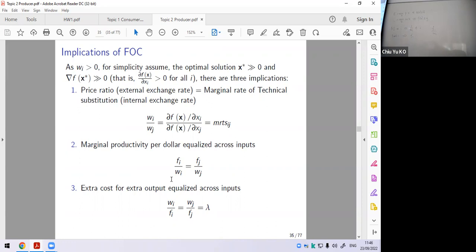The next one is a reverse way to think: the cost of extra output. If I need an extra unit of output, how much input do I need? It is 1 over Fi. And what's the cost? One unit of input costs Wi, multiplied by that. So it equalizes everything. These two are extra interpretations for the cost minimization problem, which don't exist